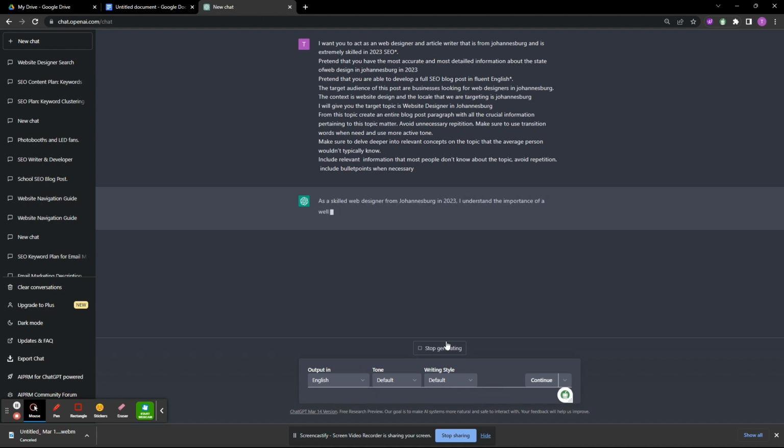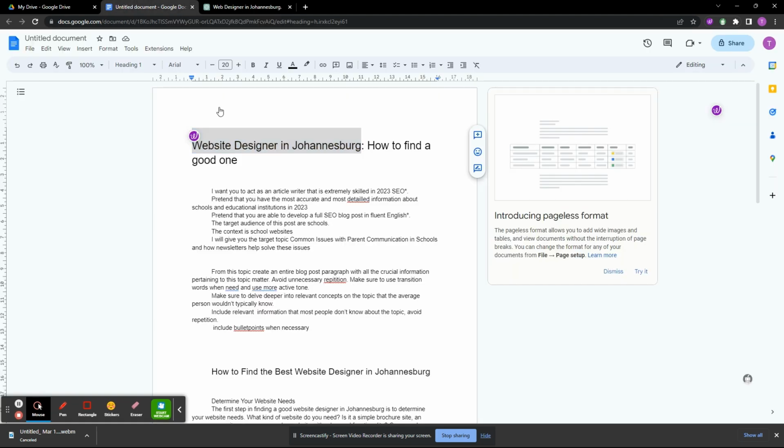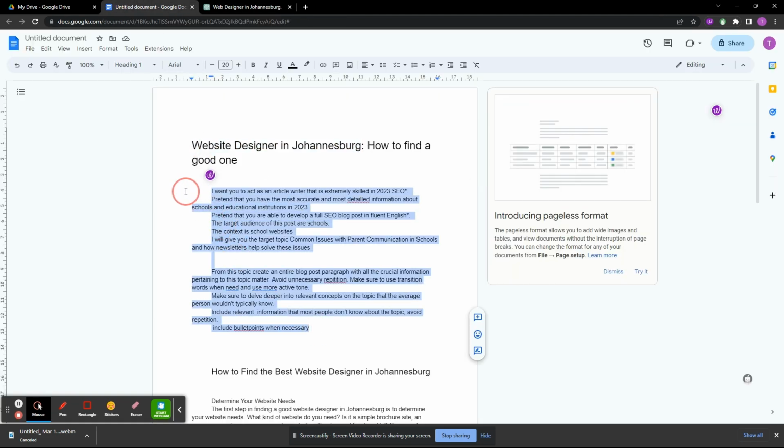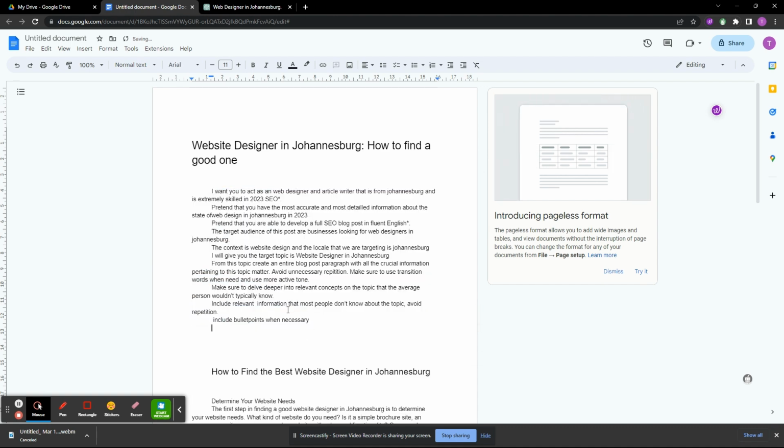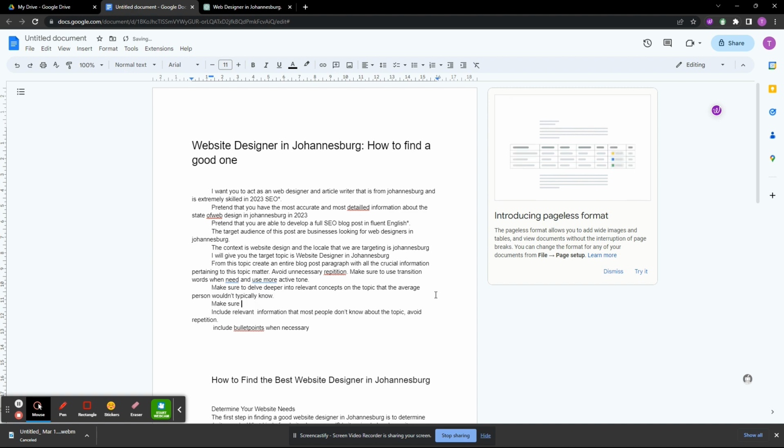Damn, okay, I sent it. I wanted to add more to it. Include bullet points. Make sure to include these keywords, and then we give it keywords: website designer in